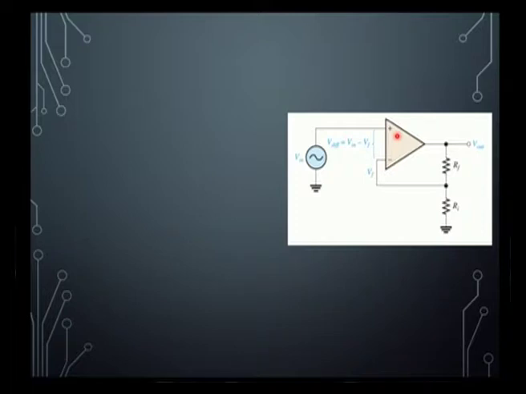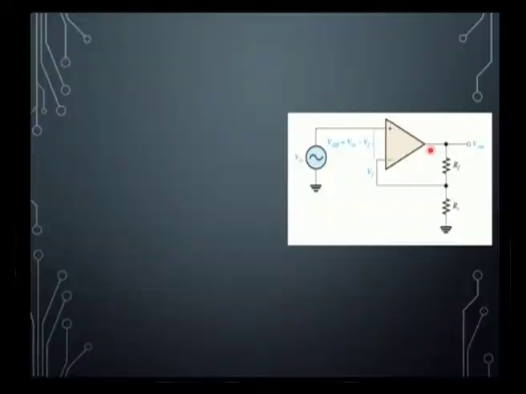So, the output can be obtained from this differential input voltage using the open loop gain, and this will produce an output voltage that we express as Vout